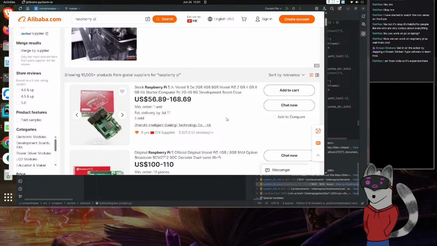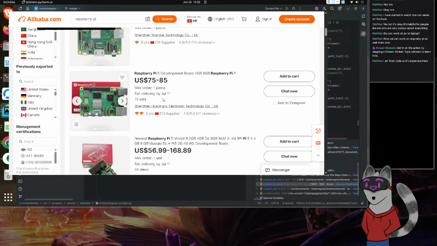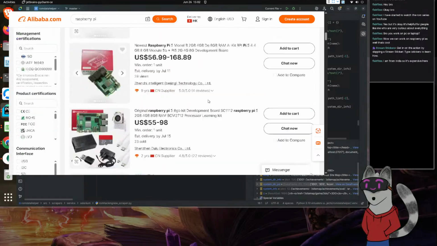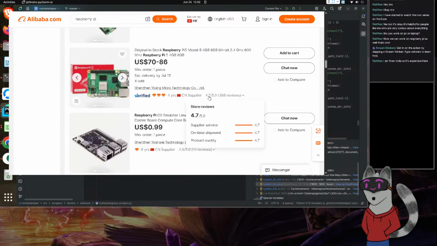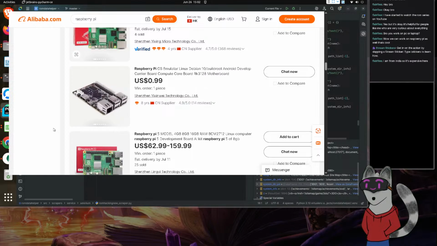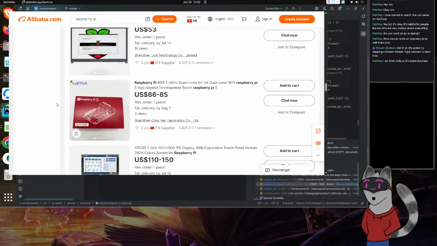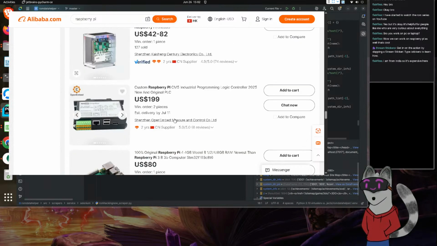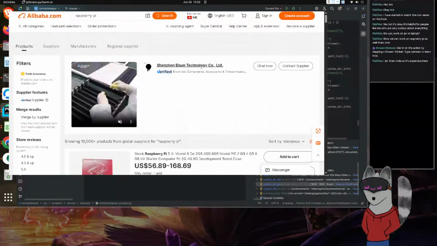Actually, it's about the same amount for the Raspberry Pi. I'm looking to see if they have alternatives, or if they're just going to show me Raspberry Pis. Nope, that's not it. Yeah, it looks like they're just going to show me Raspberry Pis. I expected as much, given that I typed in Raspberry Pi, but maybe if we look for micro circuit board.